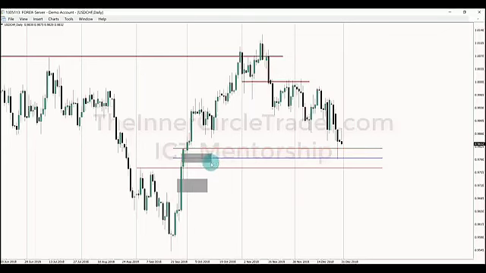Notice that the fair value gap that's rating on the daily sits directly, perfectly over top of the weekly consequent encroachment, which is the middle of the fair value gap that's defined in the red lines. That's a weekly